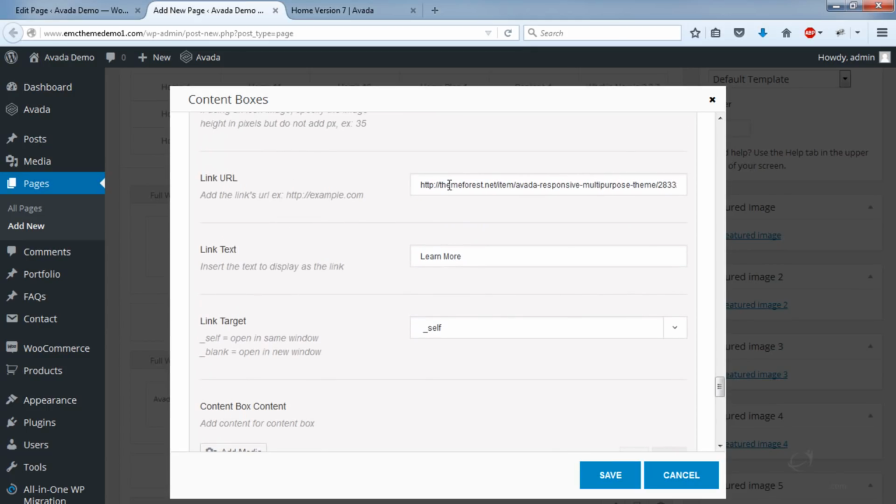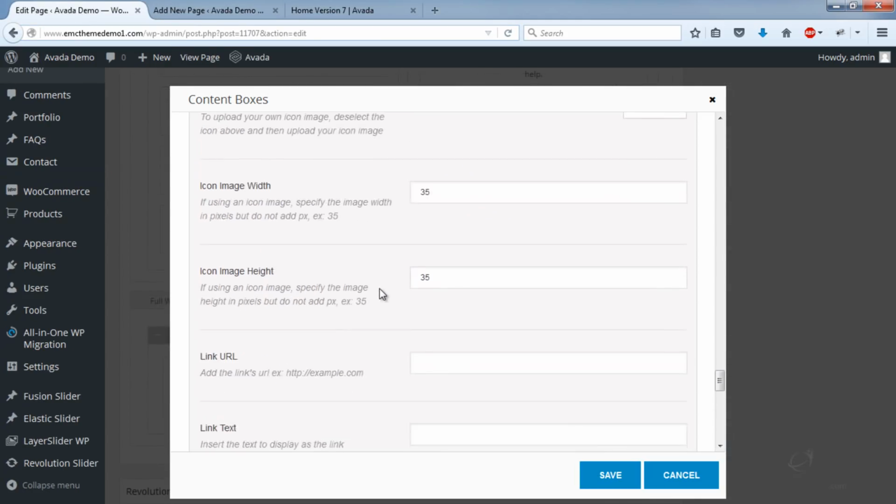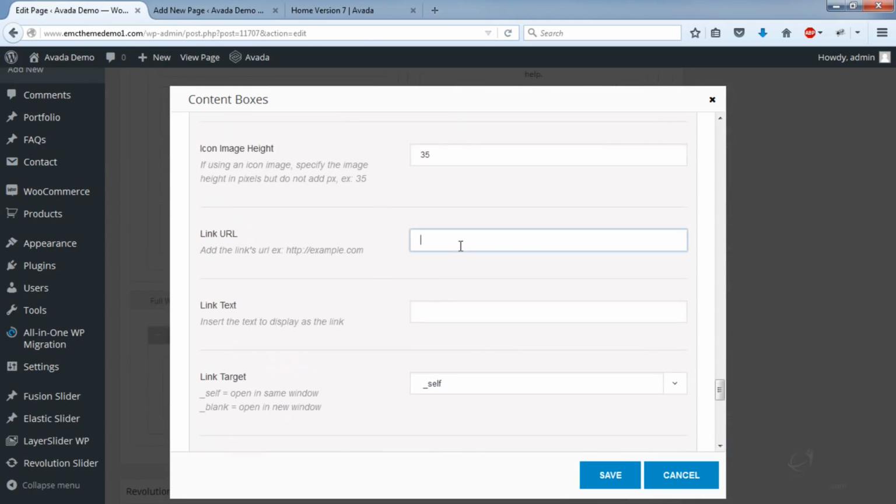And then you'll have to enter a URL to link that to. Obviously the pages are not set up yet, so for now I'll just enter some dummy URLs. So link URL.